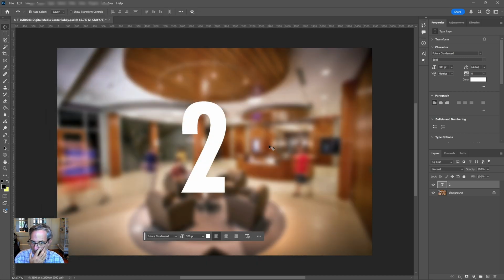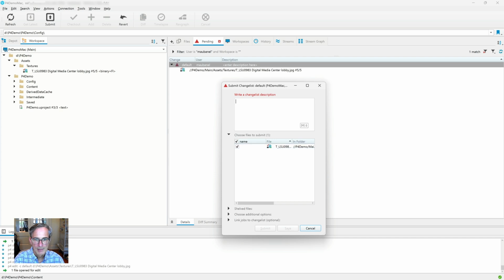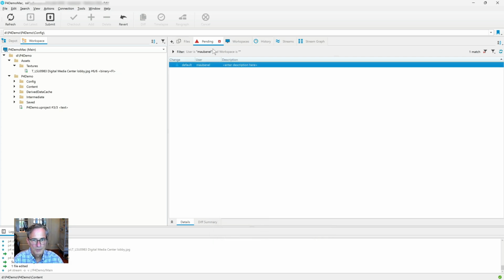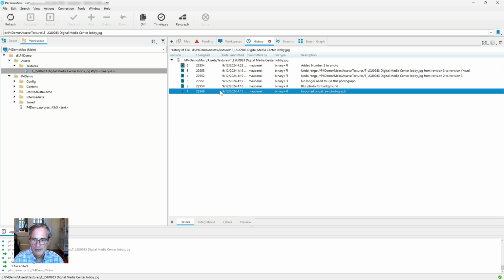I go yes, and it overwrites it. Then I can close Photoshop, and then I can submit this change. And then I can go added to photo. And then if I go to this photo again and I go to my history, I've got the original raw